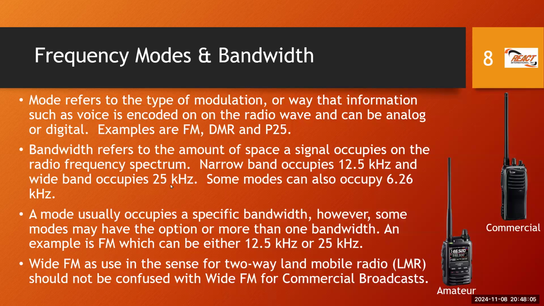So that's like you have a highway and we're occupying two lanes of the radio frequency spectrum. But there's also narrowband, where you can have the same information encoded and carried across the voice information, and you can occupy less space on the highway. You can occupy one lane, which is about half, 12.5 kilohertz. So that's the main message here. You can occupy two lanes or one lane. If you're occupying one lane, it's 12.5 kilohertz. If you're occupying two lanes, it's 25 kilohertz, right?